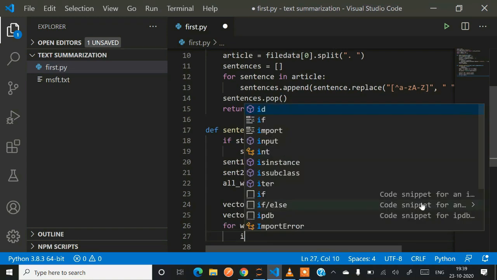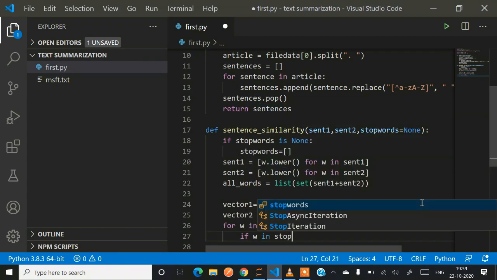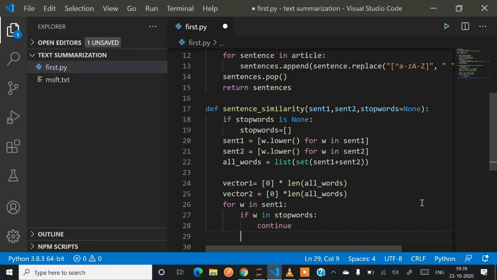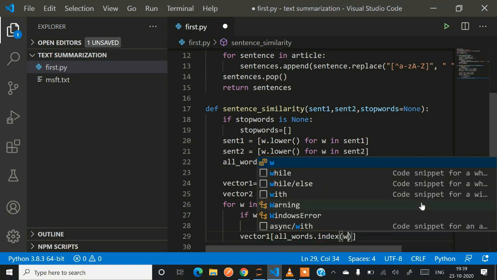So now let's build the vector for the first sentence. For w in sent1, if w in stop words, continue, then vector 1 at all words dot index of w. If you are familiar with the list concept, then you will be able to understand it. This is how we enumerate a vector in Python.